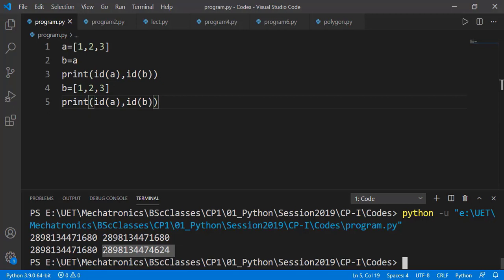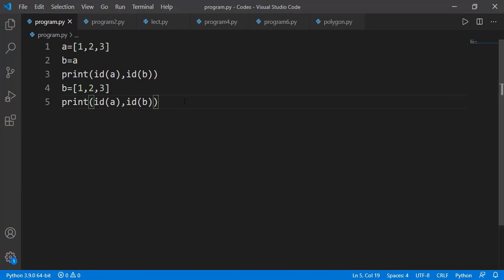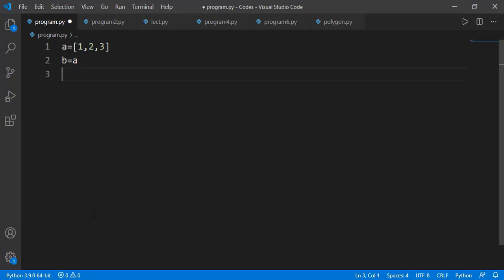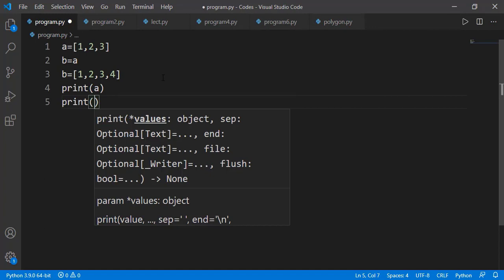The point is, whenever we are creating the list by assigning the values directly, it will be a new object. But if we are assigning that to some existing object directly, then it will be the same object. Now let's see one very important behavior here. Here we know b is the same object as a, but suppose I want to add another fourth element in the list b. If I do it like this, it is a new assignment and it means now b is a different object. And if we print both a and b,